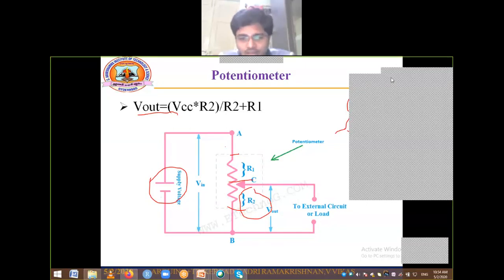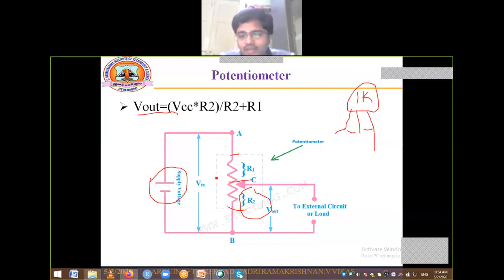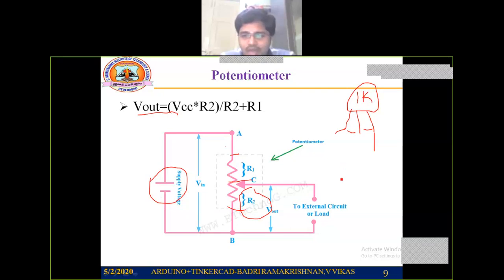Yes, it's correct. So basically, this circuit we consider as voltage divider circuit, because whatever the voltage we have here, that we are dividing. For example, let us consider I have a 12 volts battery, but for my circuit I just need 8 volts. Do you have any battery which can generate 8 volts? You won't find such a case. You will find either 1.5 volts, 3 volts, 9 volts, 12 volts. Like that you are going to have batteries. So if I need something like 8 volts, how can I generate it from 12 volts?